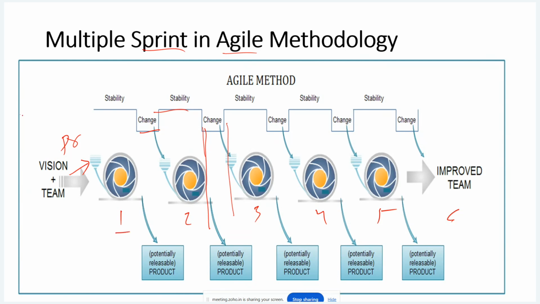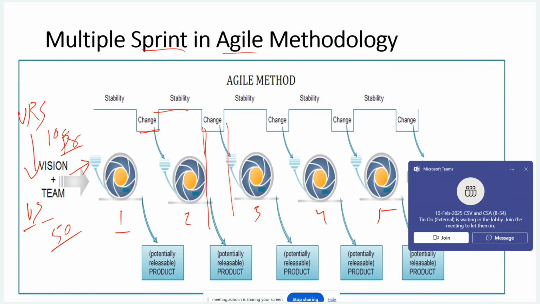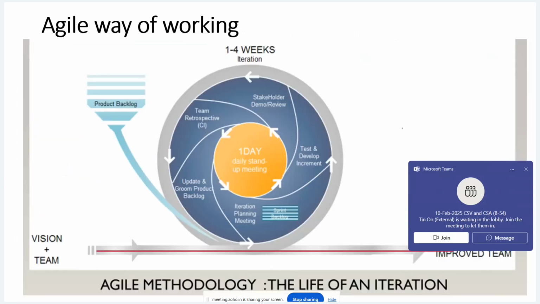So what happens: I have a similar kind of URS here, the product backlog. I will select only a few of the requirements, which are called stories, user stories. Suppose I select 50 stories out of 100. I have a total of 100 requirements and I am clear about them. Out of 100, I'm going to select only 50 stories, just for the sake of understanding. This 50 stories, these 50 requirements, I'm going to develop in this first cycle. You can see the cycle here, full-fledged.